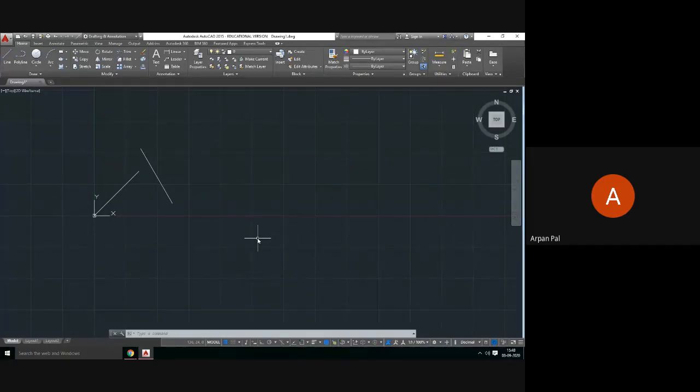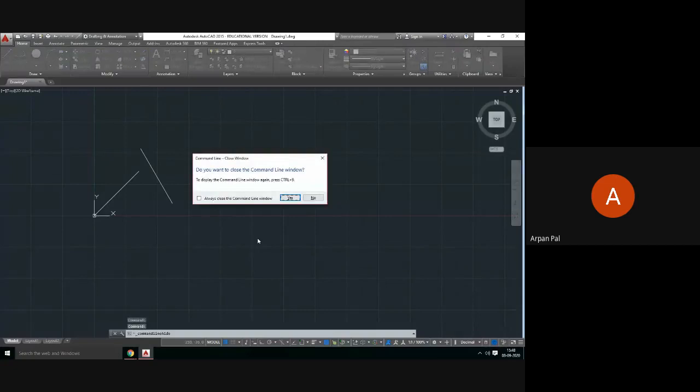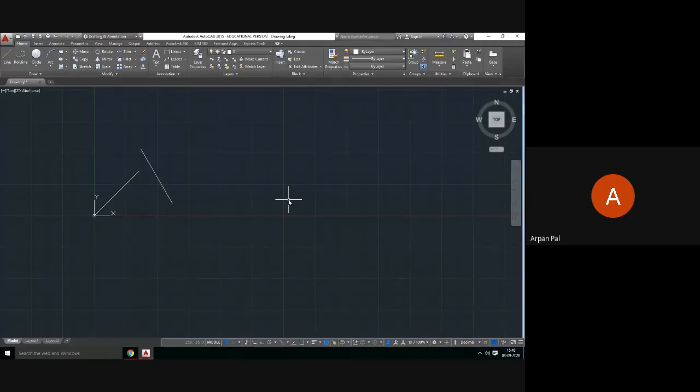Control+9, these two keys, close and open this command box. If you close it, see, the command box is now not visible. If you hold the control and press the 9, control and 9 together, it will open this command box. Okay.